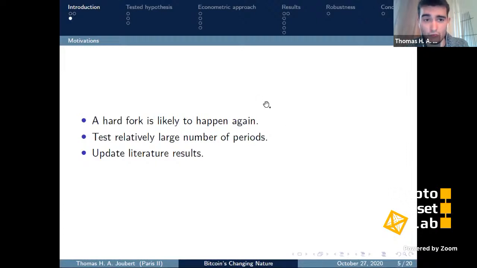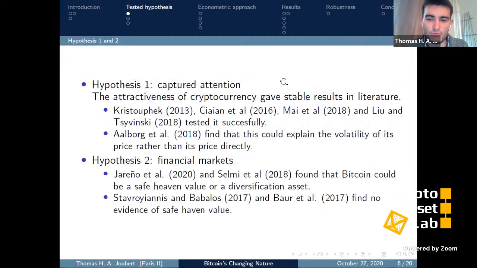So let's switch to the four hypotheses I chose. The first one gave the more stable results. It measures the impact of the attention curve of each cryptocurrency. Christopher, for example, did it first in 2030. He used the consultation of the Wikipedia page of Bitcoin and Google Trends. The financial markets gave more variable results. Sometimes it is measured to have an impact and sometimes not.